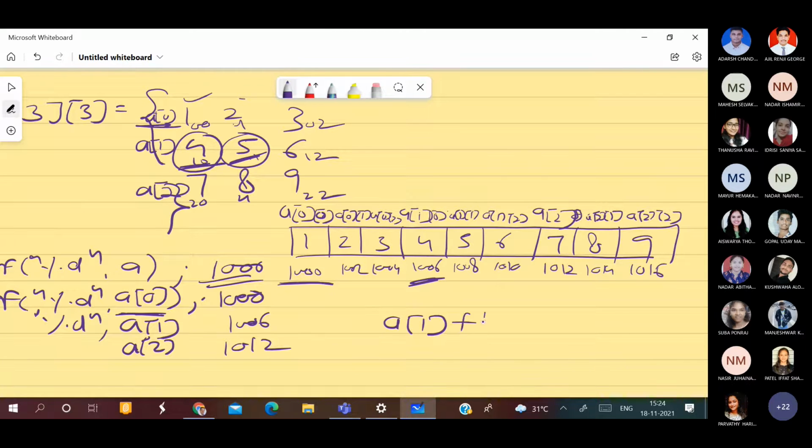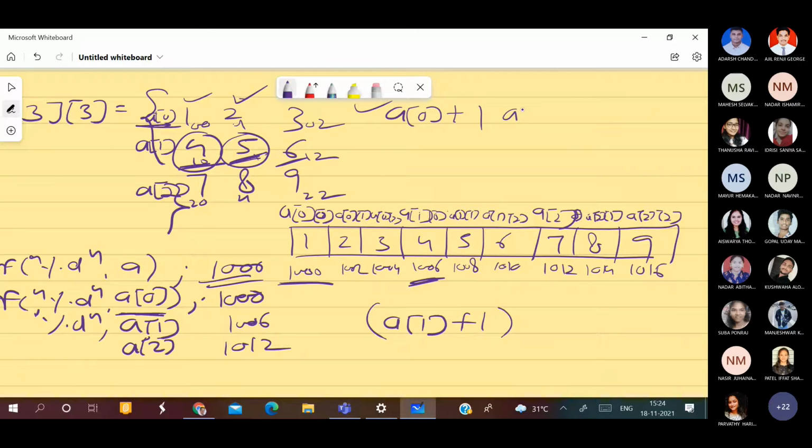And A1 plus 1 करेंगे तो किसका एड्रेस मिलेगा? A1 plus 1 करेंगे I'll get address of 5. Plus 2 करेंगे I'll get address of 6, right? Yes, sir. Students, A0 plus 1 करेंगे, so which address will I get? I'll get the address of 2.